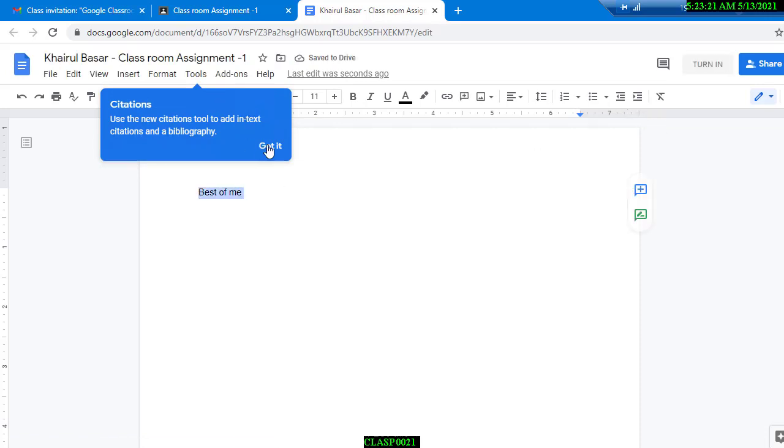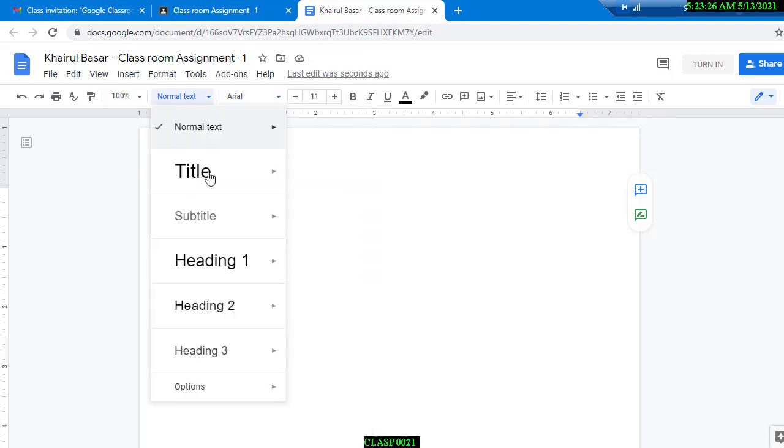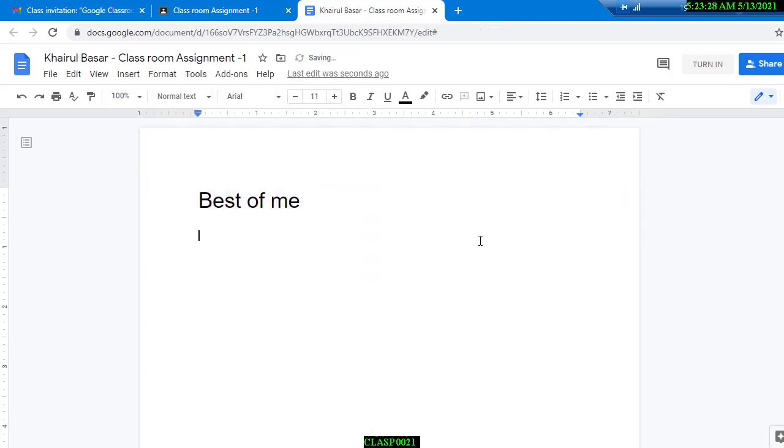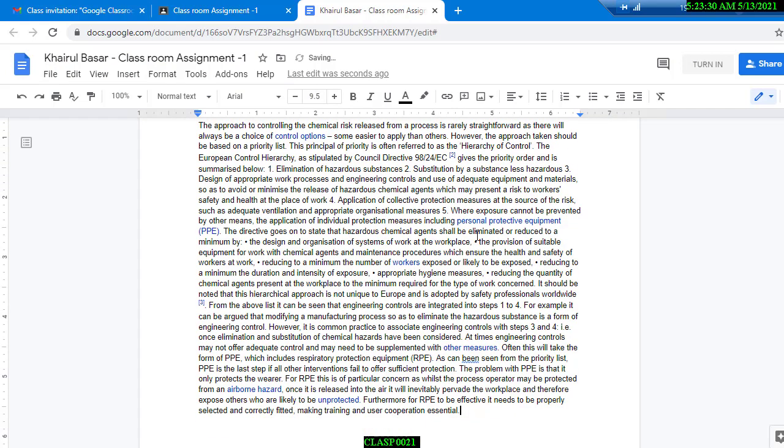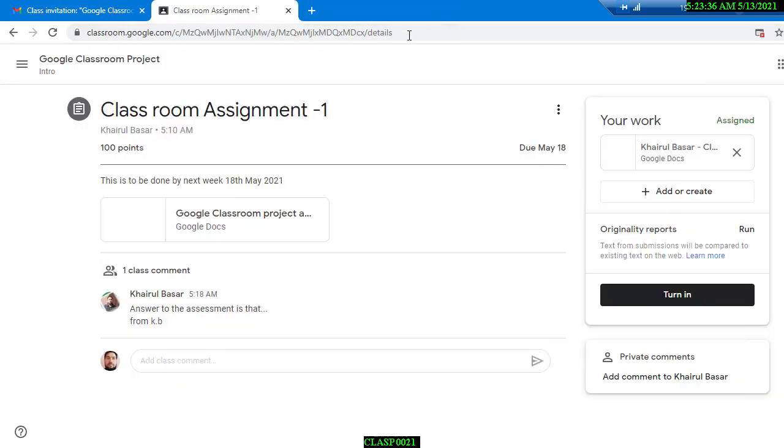Okay, and paste the same paragraph and save it, and then close it. Now from within the second classroom assignment, we run the originality